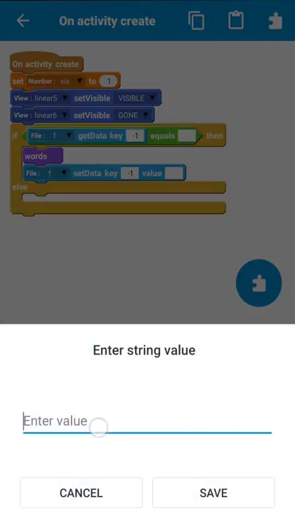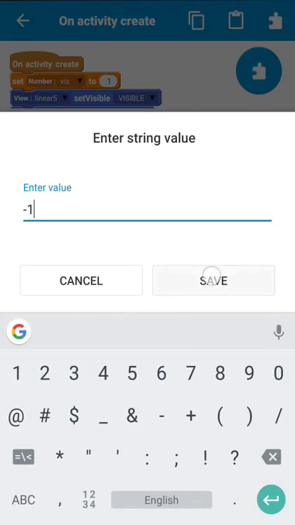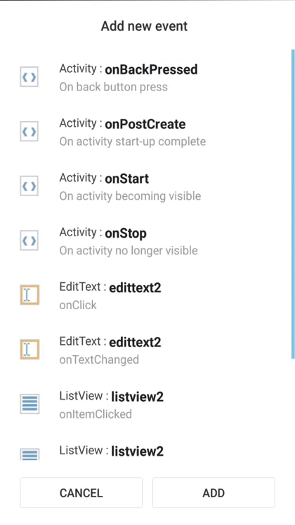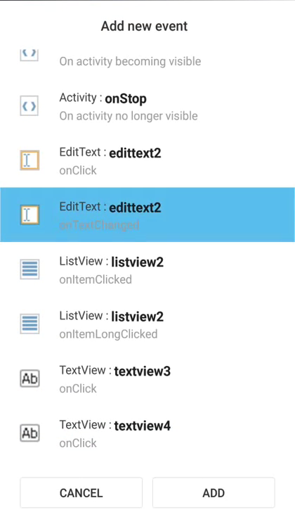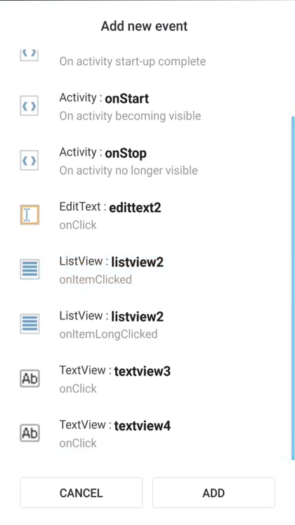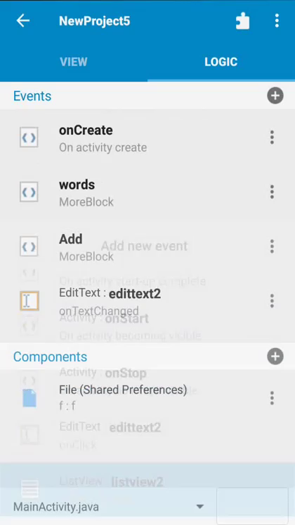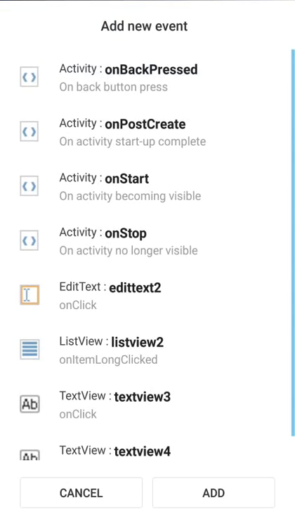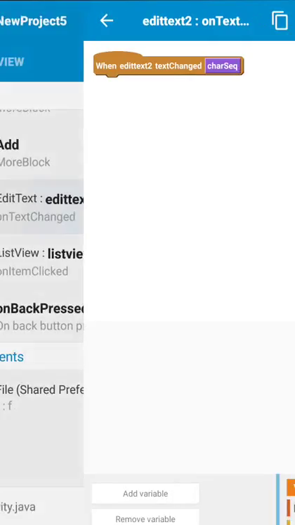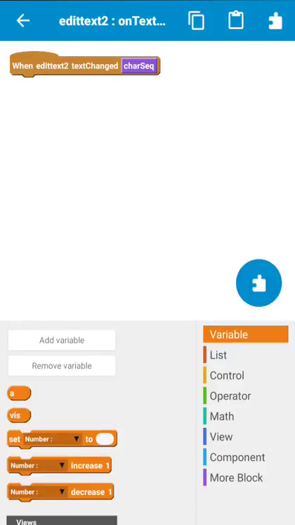Here I am setting it to -1. Now after this, add new event, edit text on text changed, and another new event, list view on item clicked, and one more new event on back button press. Now go to edit text on text changed, and here